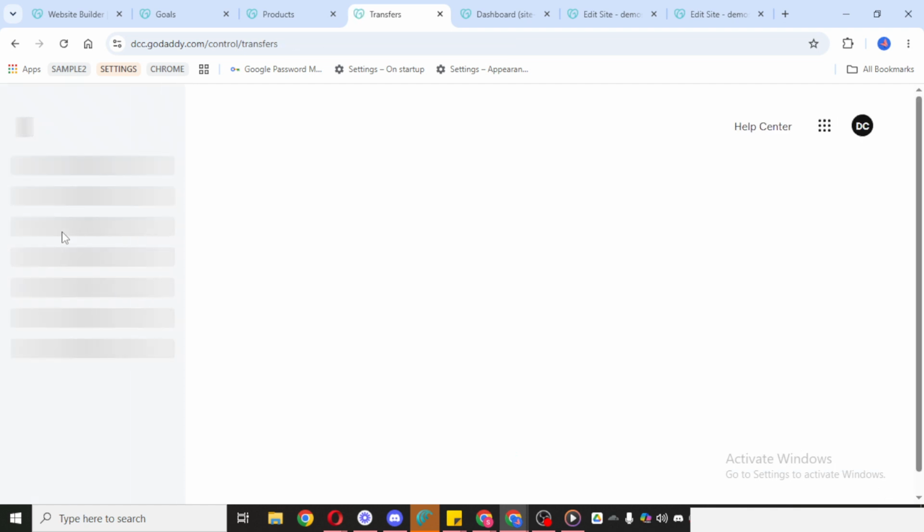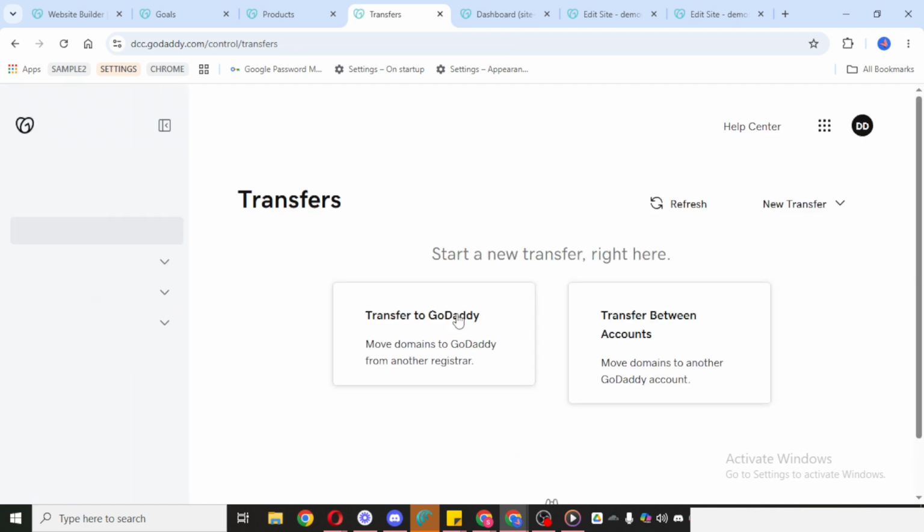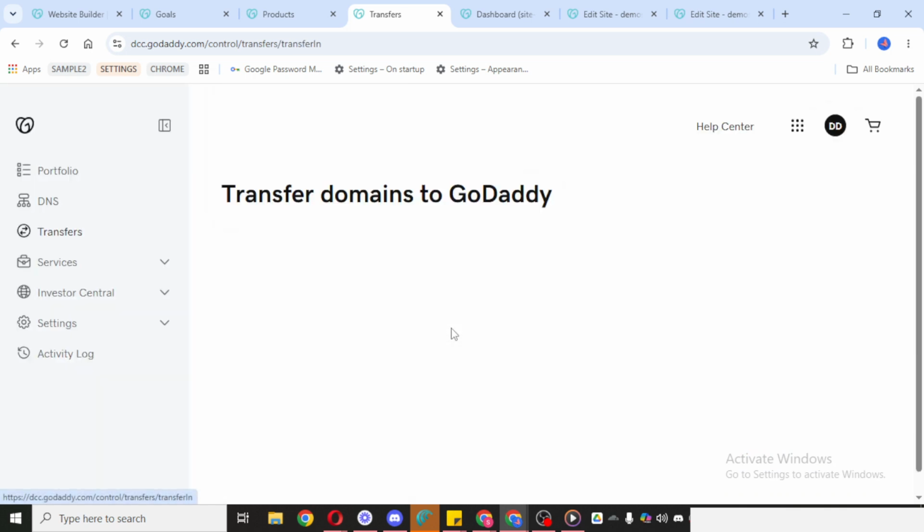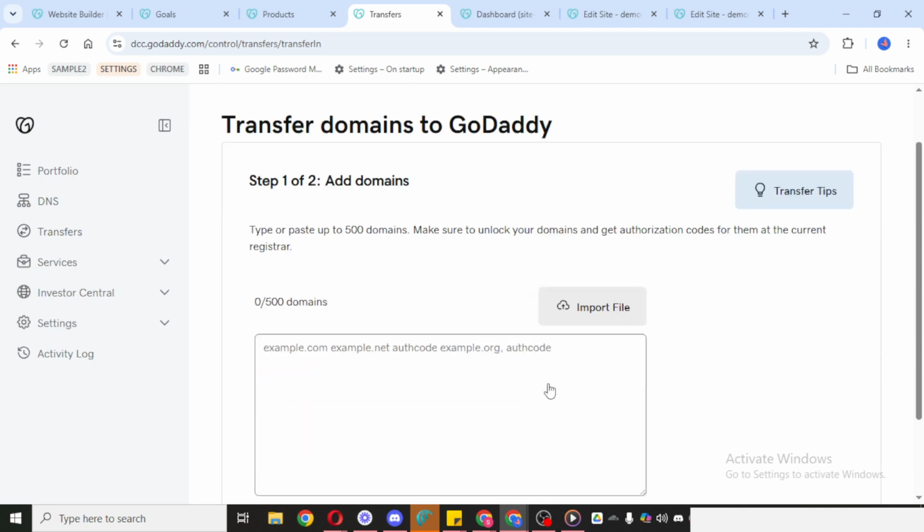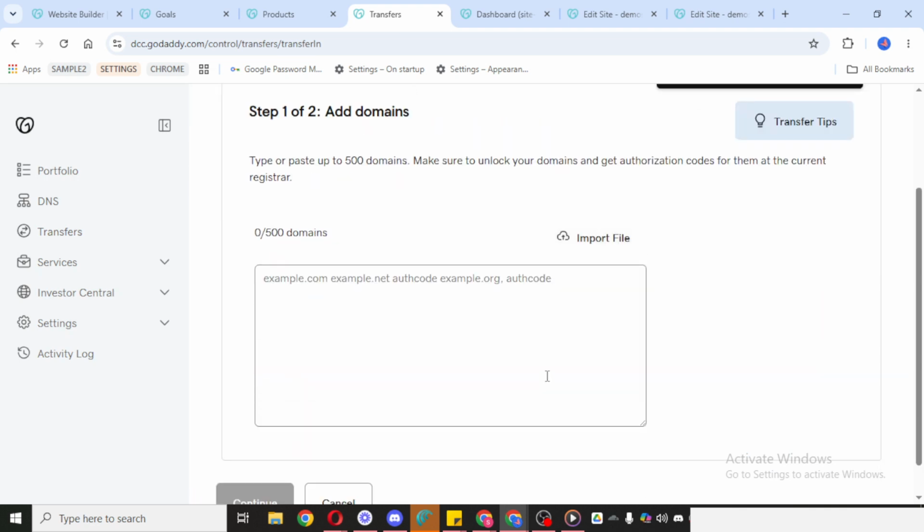You should then see an option labeled Transfer to another registrar. Select that option to continue. This is the area GoDaddy uses for domain transfer preparation, and it's where the authorization details are displayed. Once you reach that section, your EPP code will appear after the authorization code label. In many cases, EPP code and authorization code refer to the same thing, so don't be confused if the wording looks slightly different. What you need is the code shown there, and that's the code you'll use when transferring your domain to a different registrar.